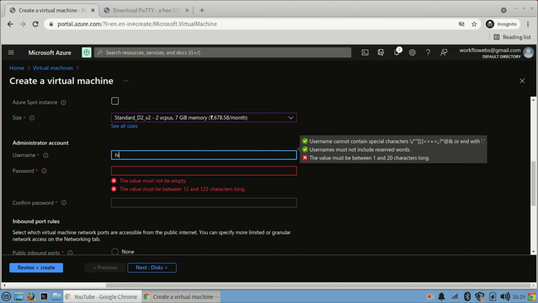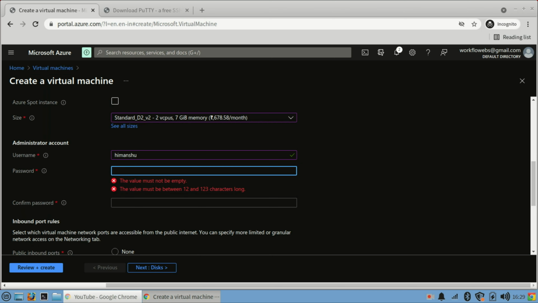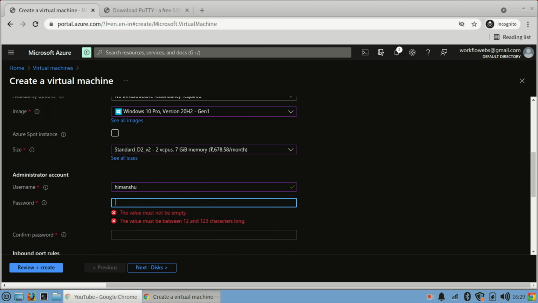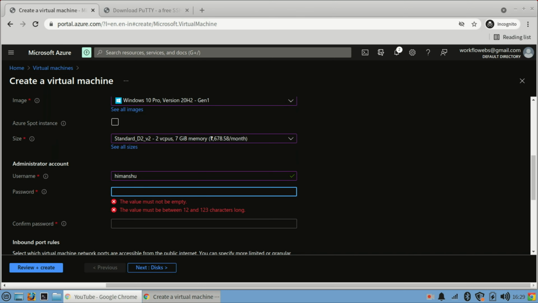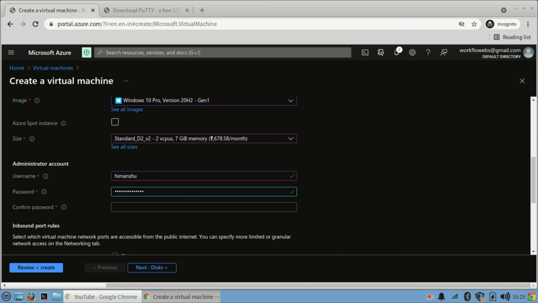So I will use the same username for here. Okay, so when you are selecting Windows, you don't have any option for keys. Okay, you have to select an administrator account, username and password. So as soon as I select it, Himanshu, and then I will give the password. Okay, I will again give it.